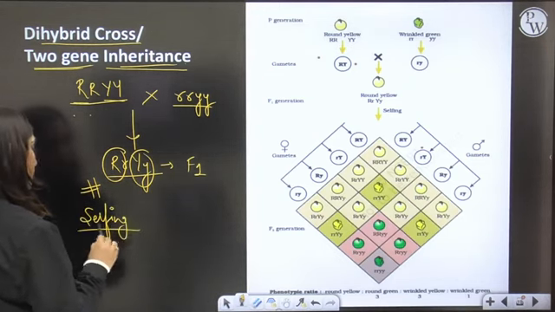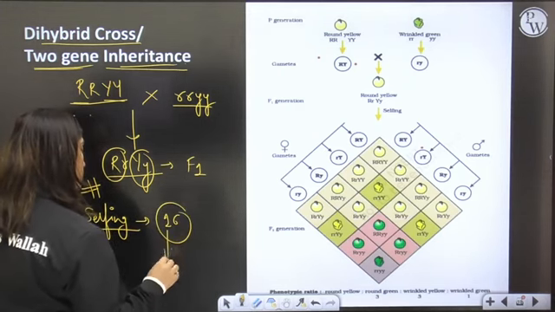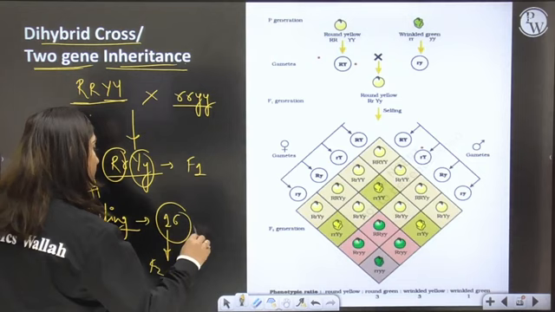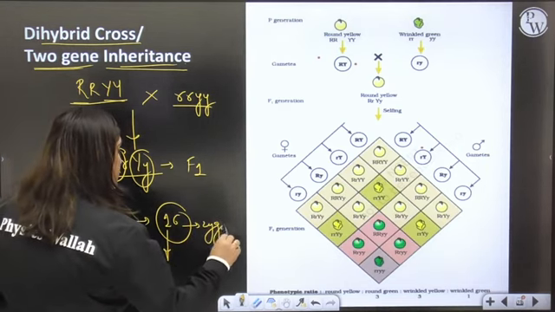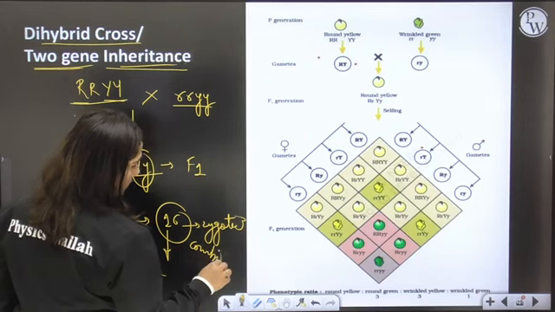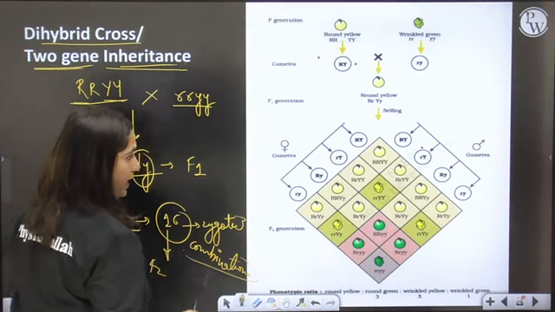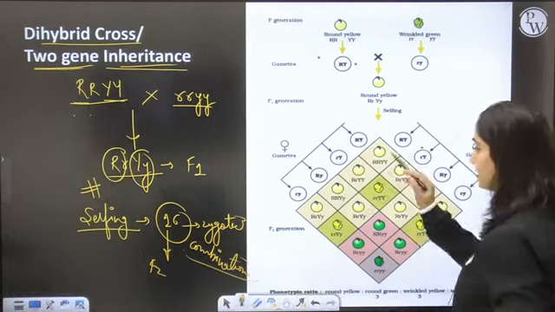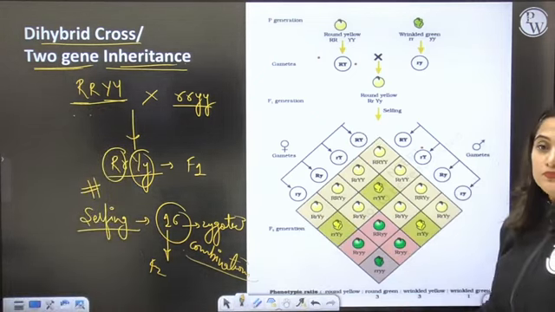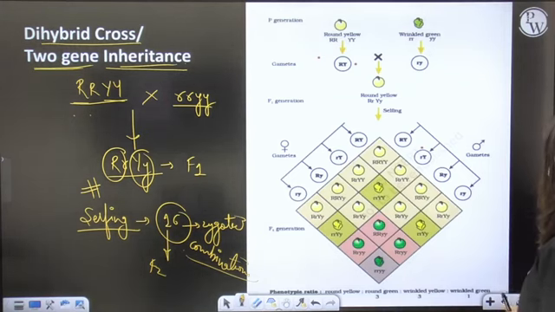And after the selfing, how many zygotic combinations will we be getting in the F2 generation? We will be getting 16 zygotic combinations or offspring in the F2 generation. And these are these. You can see the Punnett square here, beta. Okay, now to simplify this, what we can do,